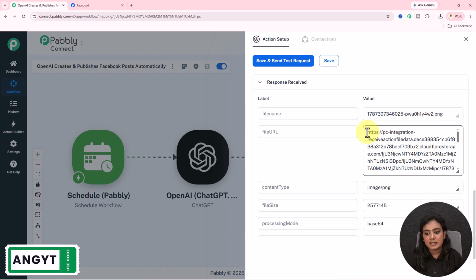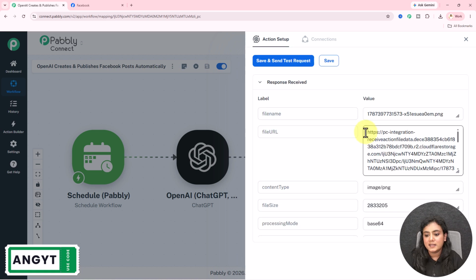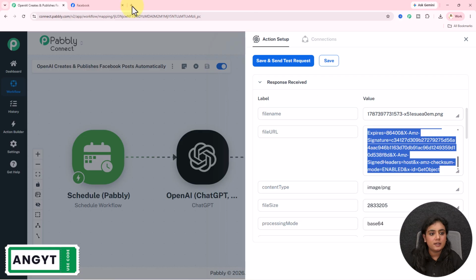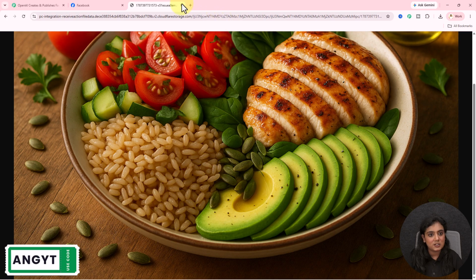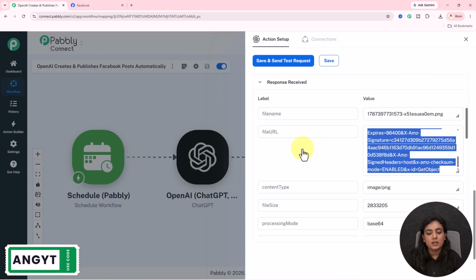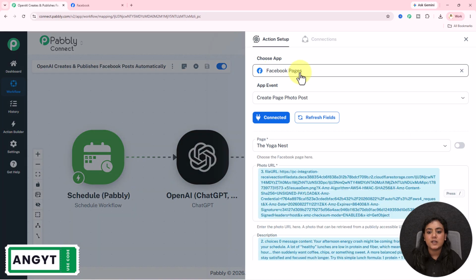And automatically the image, if I click on the save and send test request button in front of you, now another image is generated, which I'll copy in front of you and paste in the field, and you can see this is the image that is generated right here. Okay, so now using this image and the caption that is generated,